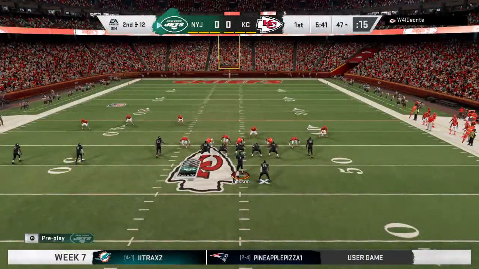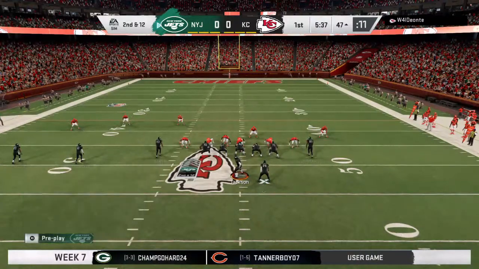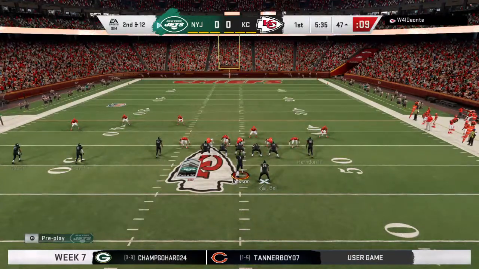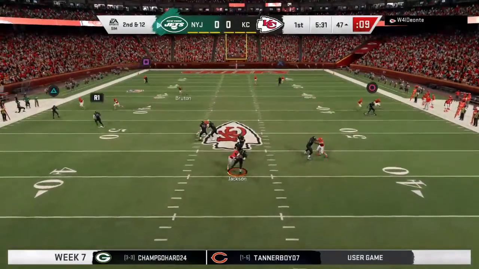Yeah, we know. You know better than I. He has the ability to take over a game, so what do you do? Yeah, I think you have to make sure that you bottle him in at varying levels, because if you crowd everyone to the line of scrimmage...